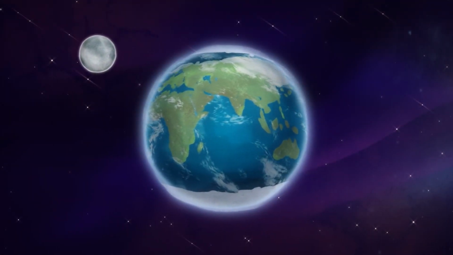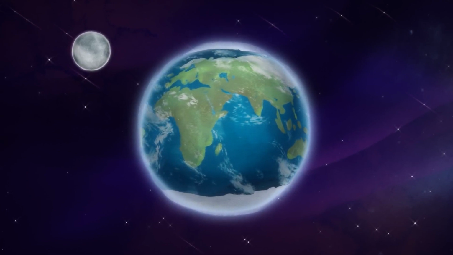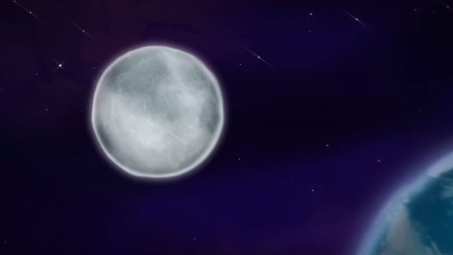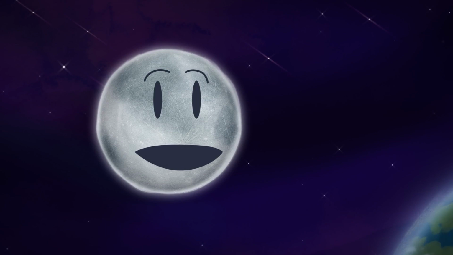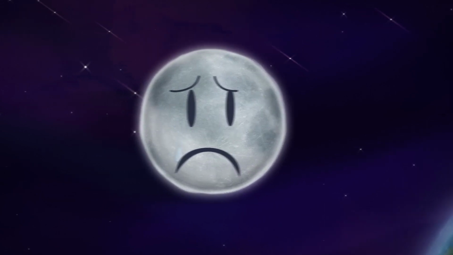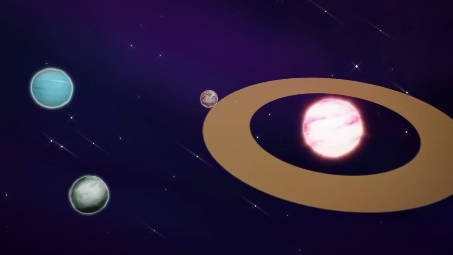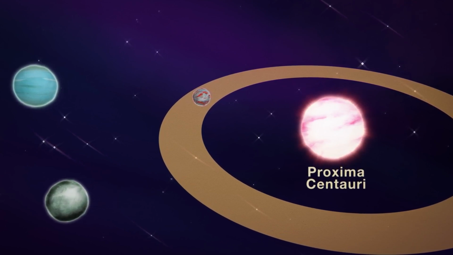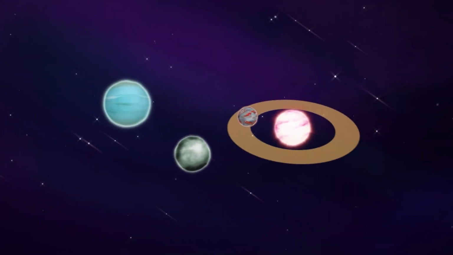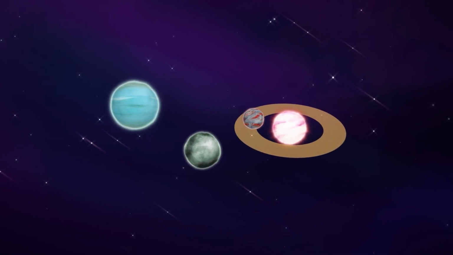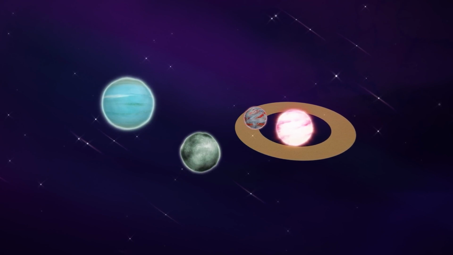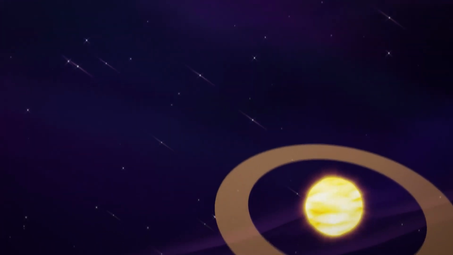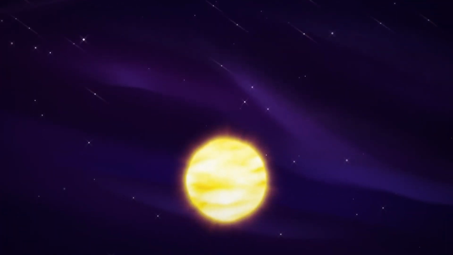But it takes more than just a good location. Orbiting in the habitable zone does not guarantee a planet will be habitable. After all, the moon is right here with us, but it's certainly not habitable. Sorry, Moon. The location of the habitable zone depends on how big and bright a star is. The nearest star to our sun, Proxima Centauri, has at least one planet in the habitable zone. But because Proxima is much smaller and dimmer than our sun, its habitable zone is way smaller and closer to the star. So every star has a habitable zone, but that doesn't mean there will be planets there.